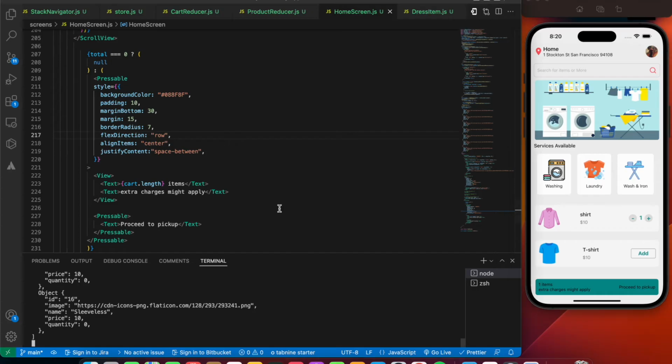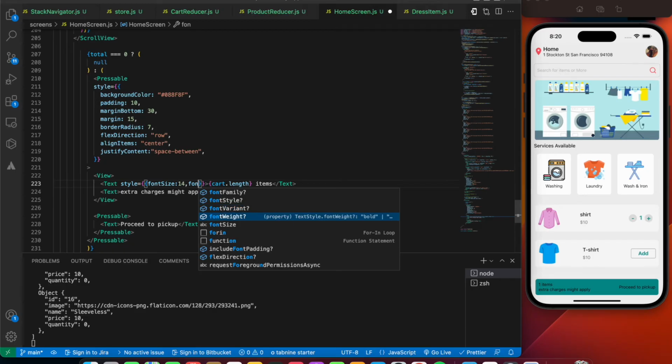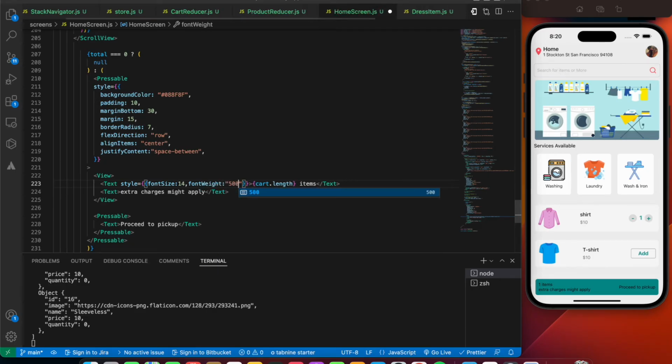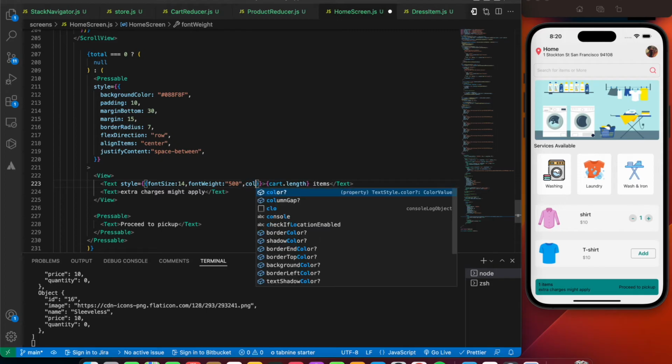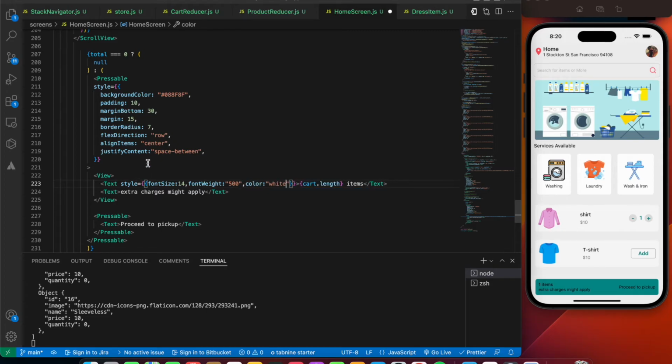Okay, so now what we do is we're gonna style out the texts, right? I'm gonna give style over here. You're gonna say font size of 14 and then font weight of 500. Let's give it a color of white. Okay, and let's give some margin bottom 40,